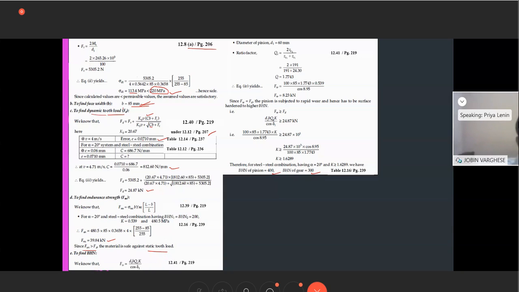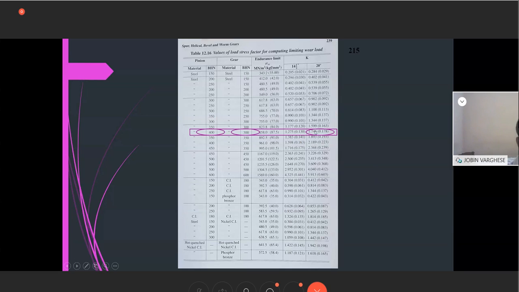So that way we have to calculate the ratio factor, and again we are checking the condition that force is greater than or equal to Ft. You can see the equation here, d1 by the equation is greater than 24.87, and finally we found that k is greater than or equal to 1.62. For the value k greater than 1.6, you will get the value equal to 1.746. So that's the design of the